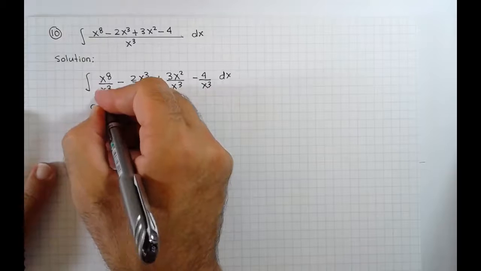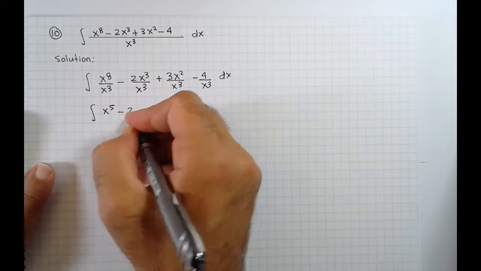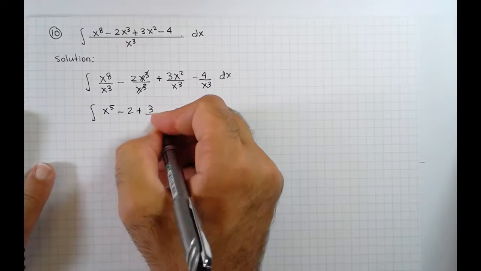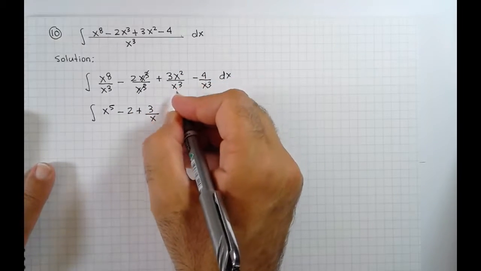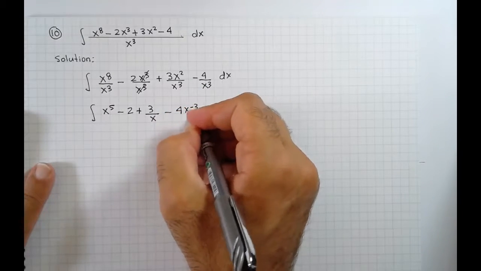Simplifying this, same base, subtract off the exponents, that's x to the 5 minus 2 because x cubed cancels out plus 3 over x. X squared over x cubed is 1 over x minus 4 x to the minus 3